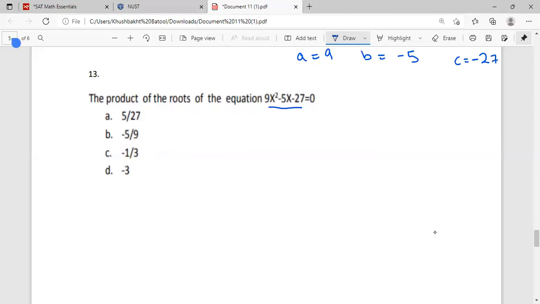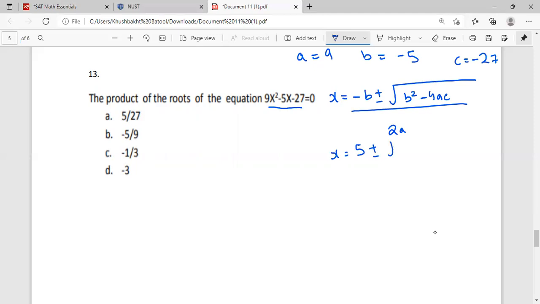X equals minus B plus minus under root B square minus 4AC divided by 2A. X is going to be 5 plus minus under root 25 minus 4 into 9 into minus 27 divided